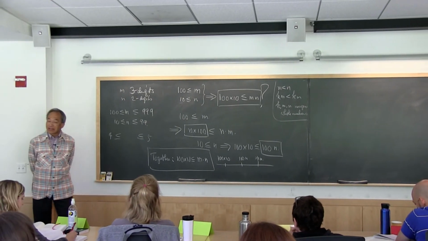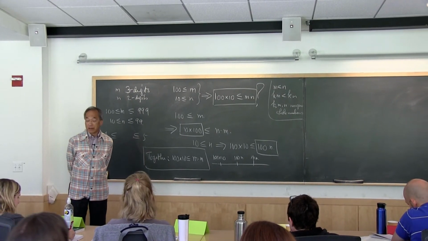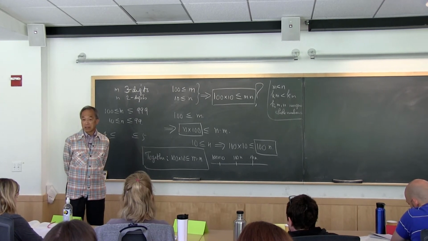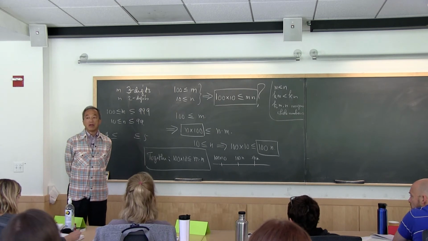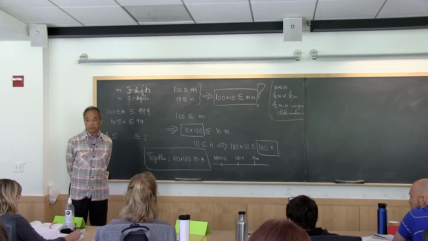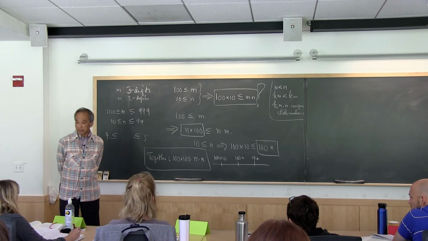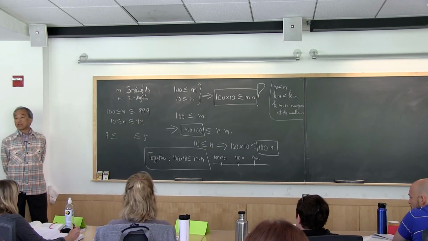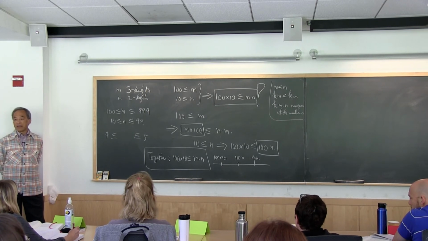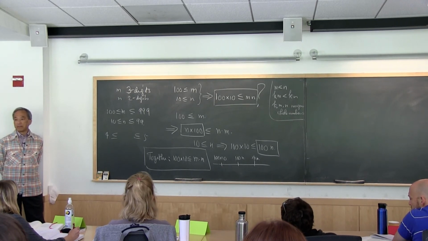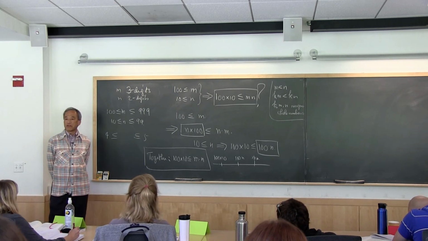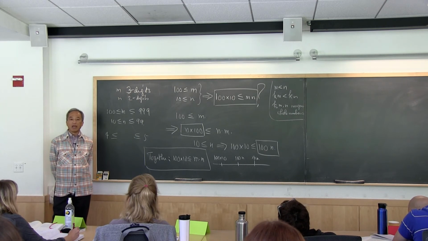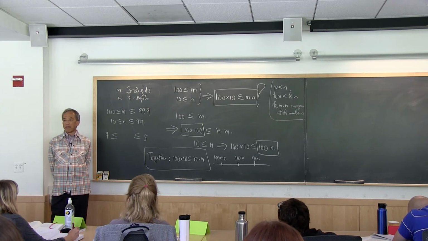So a number that's bigger than a 4-digit number, how many digits can this number have? Number k is bigger than or equal to a 4-digit number. How many digits can k have? Any 4-digit number. If a number is bigger than or equal to a 4-digit number, how many digits can k have? 4 or more, right? 4 or more, because